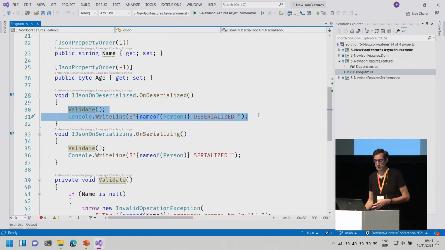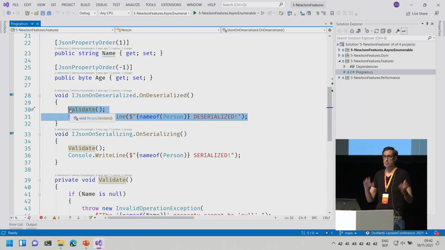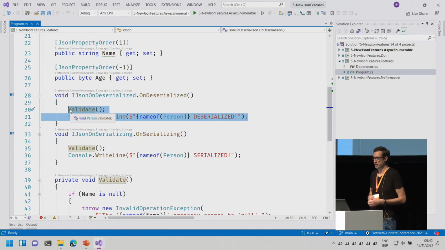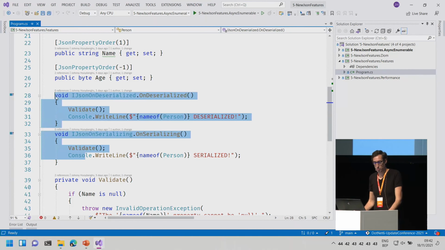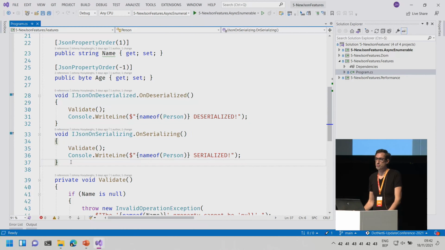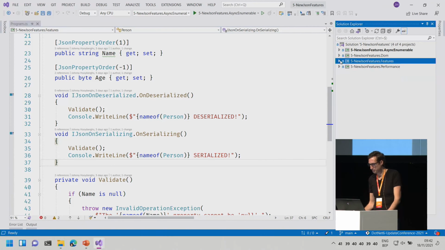For debugging, it can also be very powerful because now you know when the same object is being serialized 1 million times, then maybe you made a mistake and you can now add these kinds of events to figure that out. So whatever you want to do with that, just go ahead. Just don't start calculating stuff that takes an hour when you serialize or deserialize an object. That would be a little bit weird.